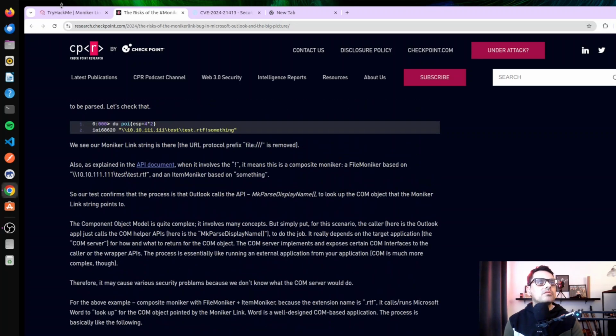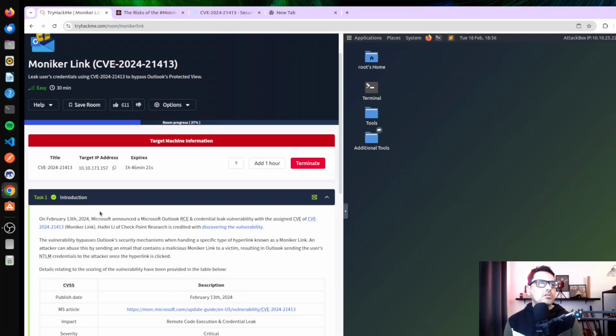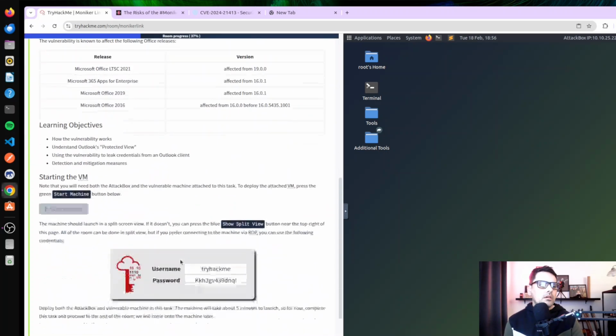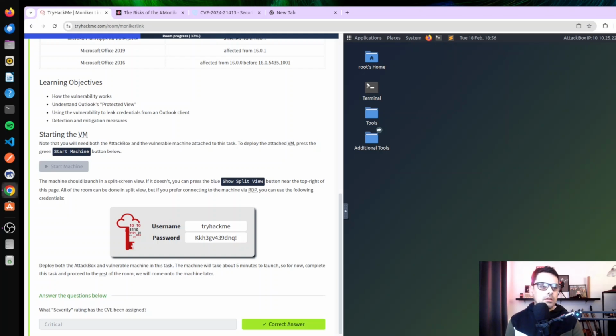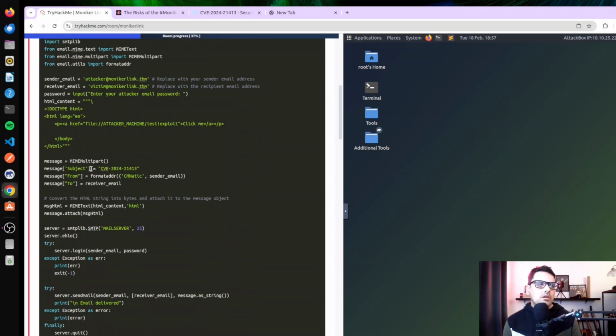But anyway, I'm going to try doing the thing myself, just to work out what's actually going on. So I've launched the MonikerLink room, and I'm in the exploitation stage of this task. As you can see, there's an email, I believe.